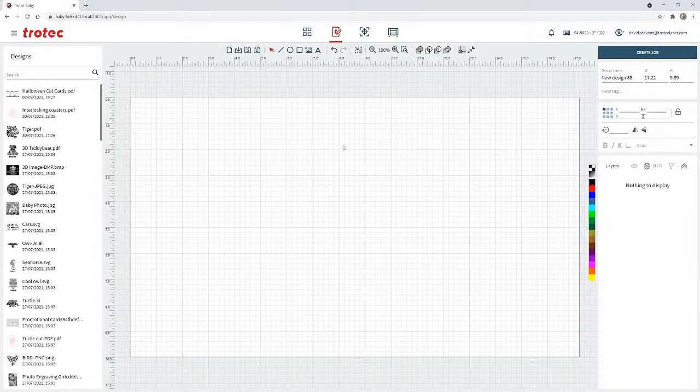They can run it from a Chromebook. They can run it from a MacBook. They can run it from a PC or a laptop, anywhere within a network, without actually being connected to the laser system itself. As long as that laser system is plugged into the network or on a Wi-Fi network, you have access to it. Once the students open up the web page, which opens up into Ruby,